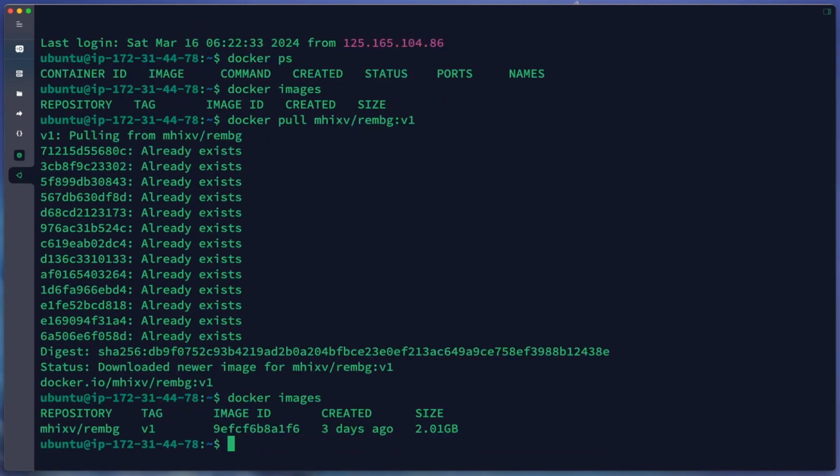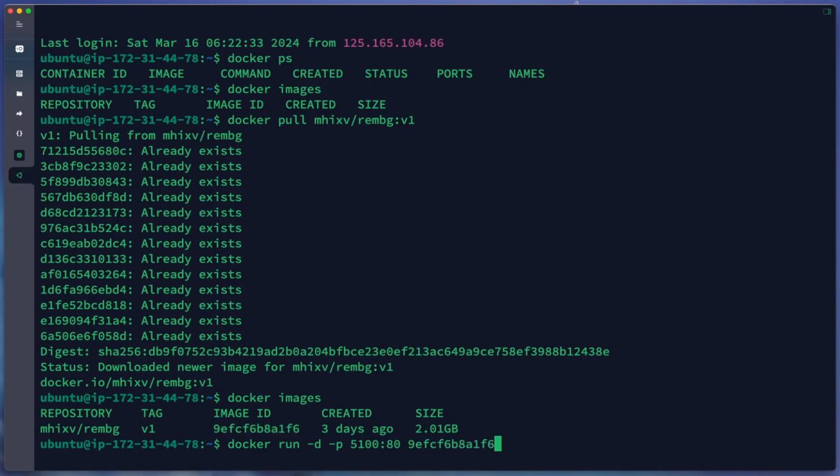Okay, now we will run our container. Docker run -d. The first one is we need to test our application with public access on port 80 without a domain name. -p 5100 to port 80 and our image ID.